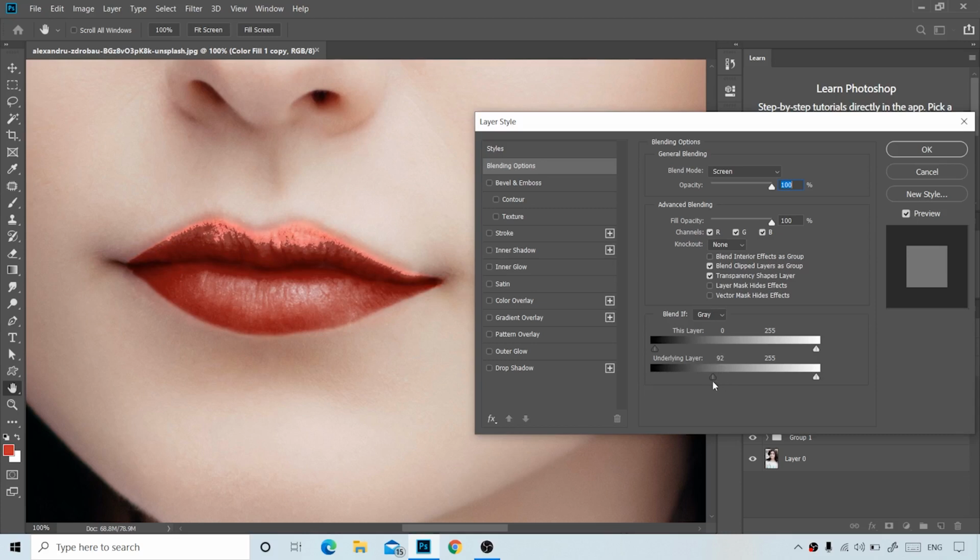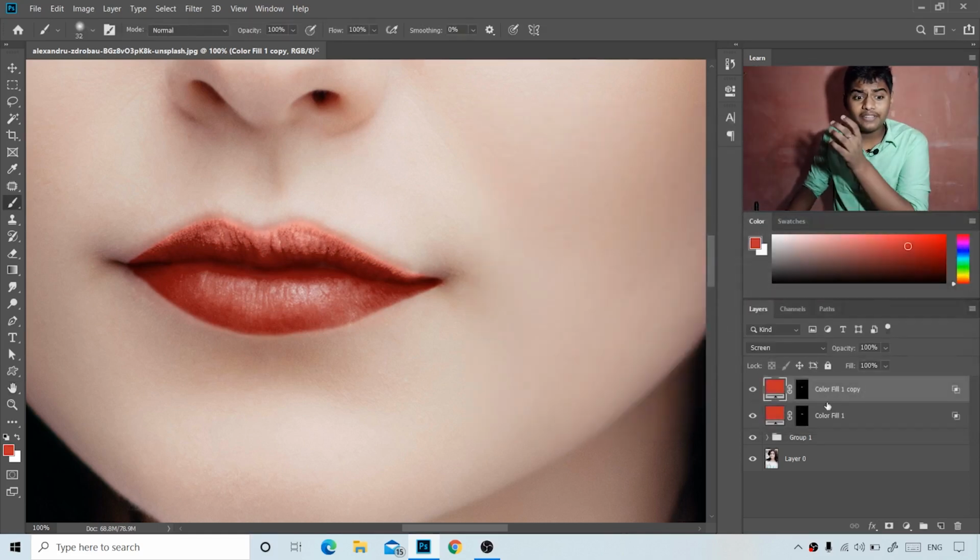This is harsh, I think. So we can make it soft by breaking the sliders, and for that we have to click Alt and then press over this slider with the mouse, and then this slider is divided into two parts. And now play with these settings. Now I think we have to change some of the settings of the upper lip, from the blending of the darker layer.